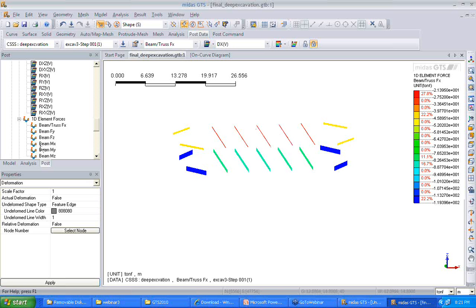All you need to do is have an extra construction stage, just deactivating a particular strut, and then compare the results. So this was all about the modeling, meshing, extraction of results, and different modeling techniques